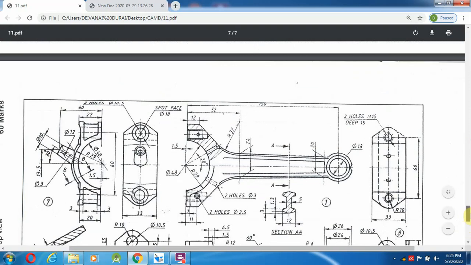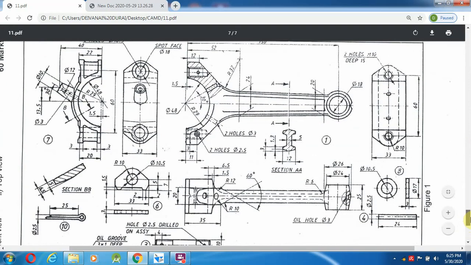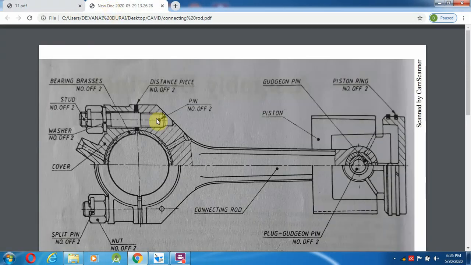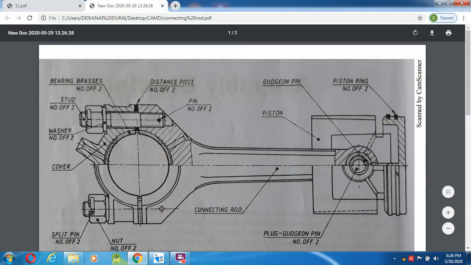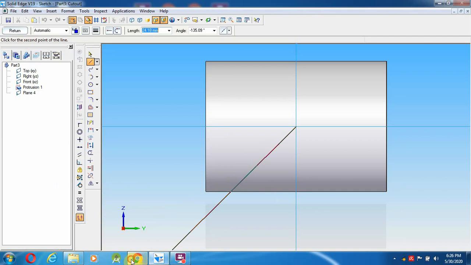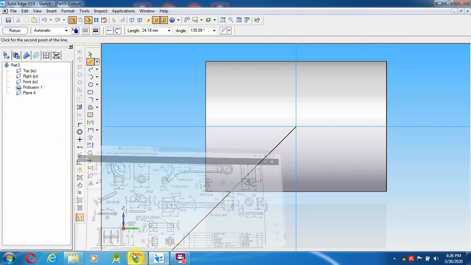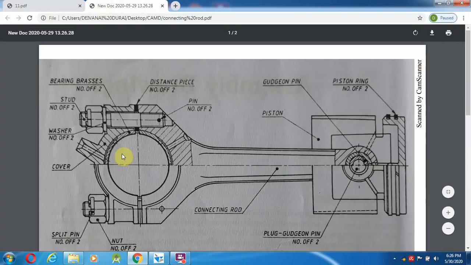Any other relation where they are given, we will check in the component where the oil groove is going to be placed. What is the component name? The component name is bush. So check over here, the bush maybe they are going to fix over here. Here is the only possibility. So this is the bush maybe.